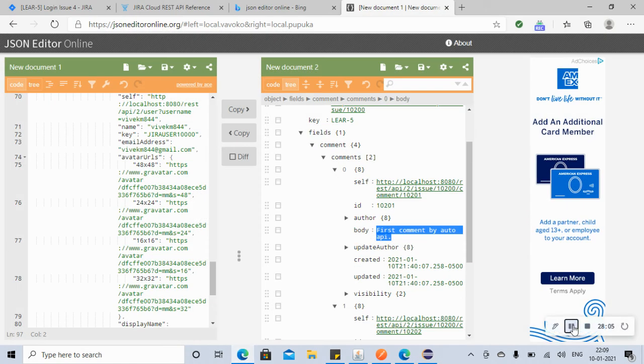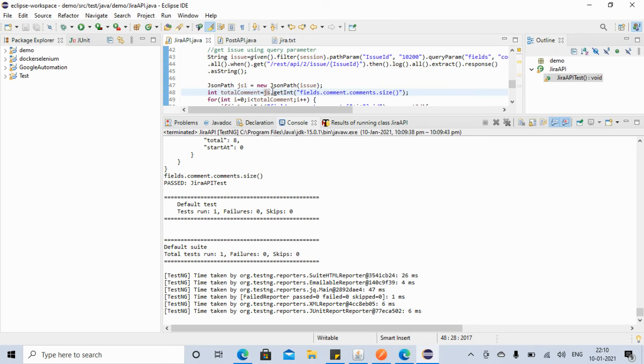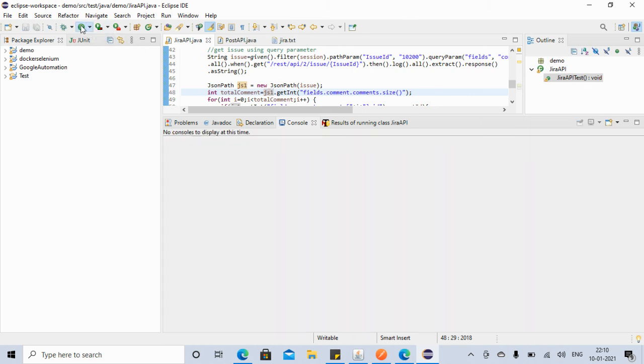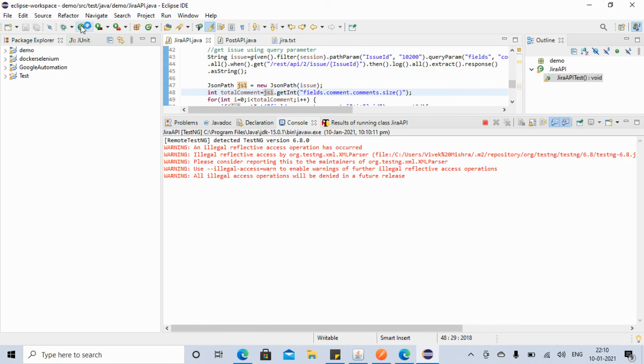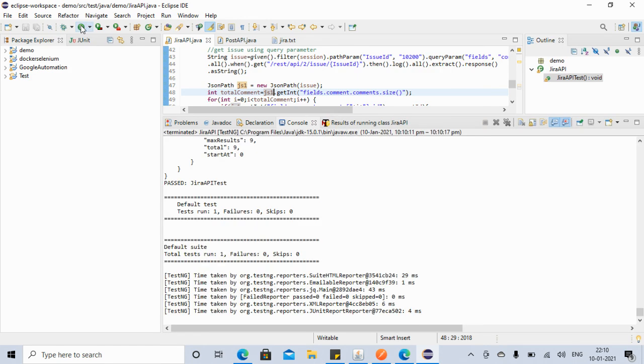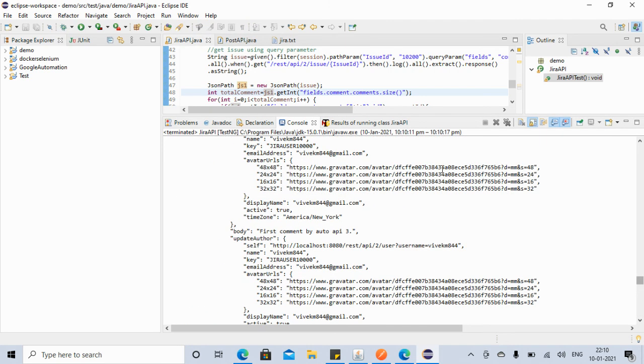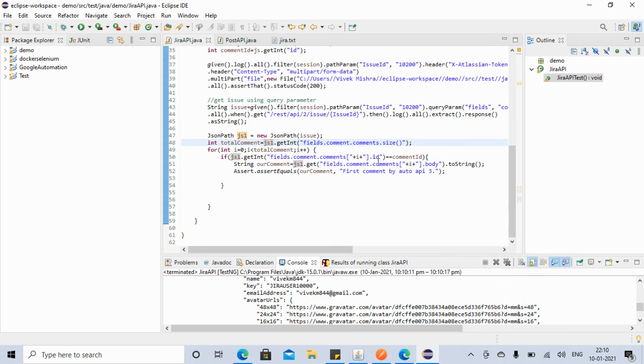Okay, friends. Here I just found out the mistake. Here we are saying js, so it should be js1. This was the mistake we were making. So now if I run it again, now everything is good, 0 failures, and everything has passed. So this is how we can validate the comments that we have added.